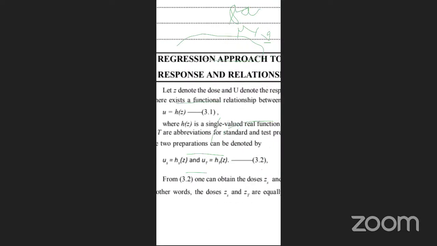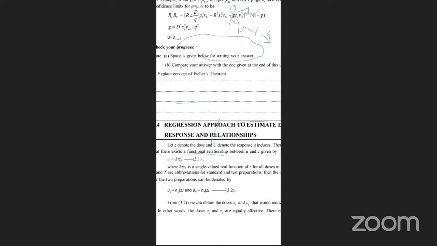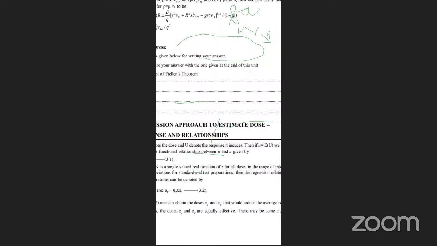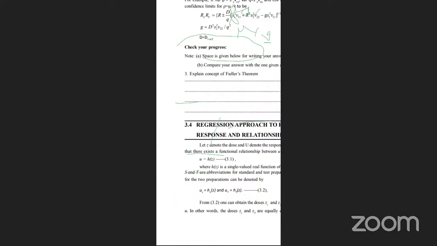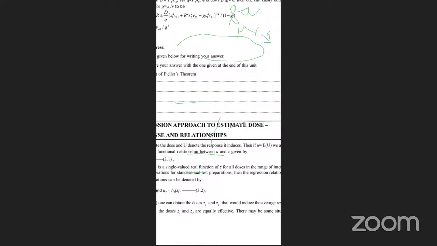There exists a functional relation between U and Z given by U equals H of Z, where H of Z is a single-valued real function of Z for all doses in the range of interest. If S and T are abbreviations for standard and test preparations, then the regression relationship for the two preparations can be denoted as U_S equals H of Z, U_T equals H of Z. From 3.2, one can obtain the dose Z_R that would induce the average